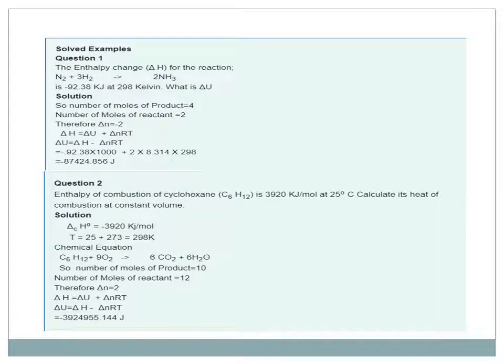Let us start some examples. Question number 1. The enthalpy change for the reaction N2 plus 3H2 gives 2NH3 is minus 92.38 kilojoule at 298 Kelvin. What is delta U? Number of moles of product is 2, and number of moles of reactant is 4, so change in number of moles, delta Ng, is minus 2. Put in the values. Delta H is equal to delta U plus delta Ng RT. Answer will come out to minus